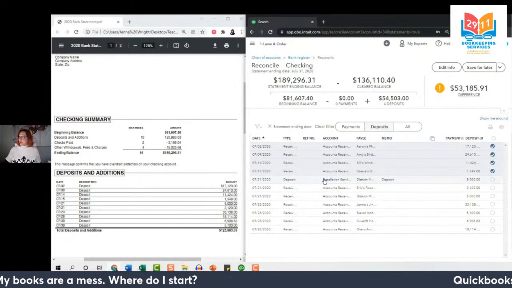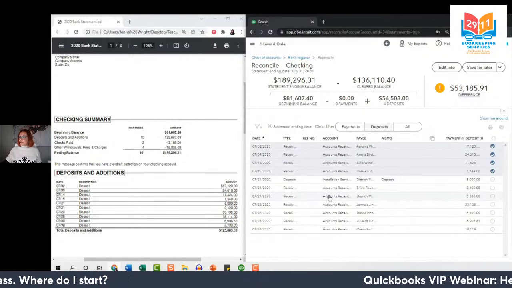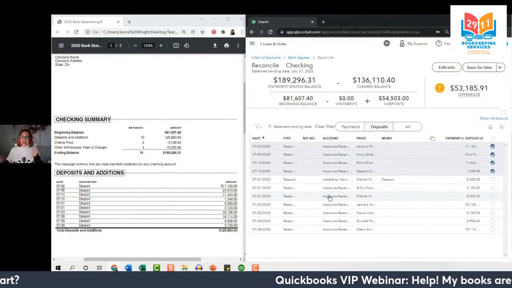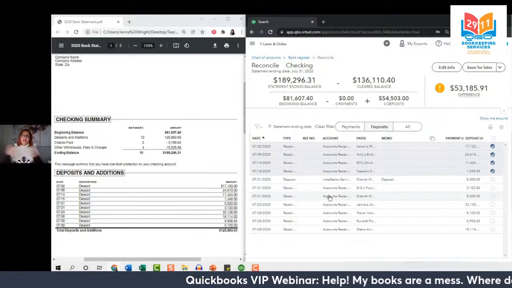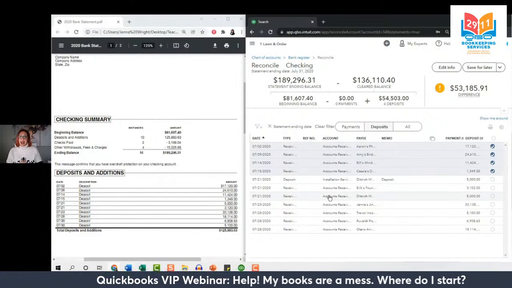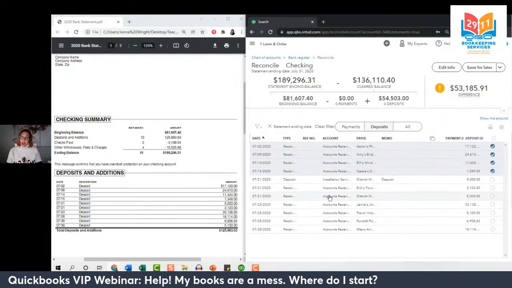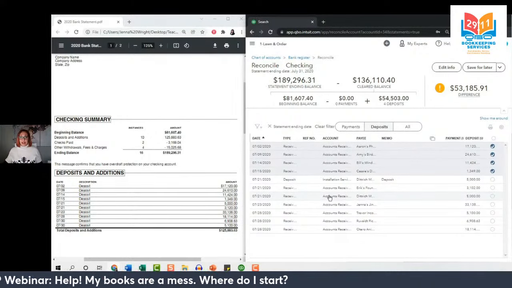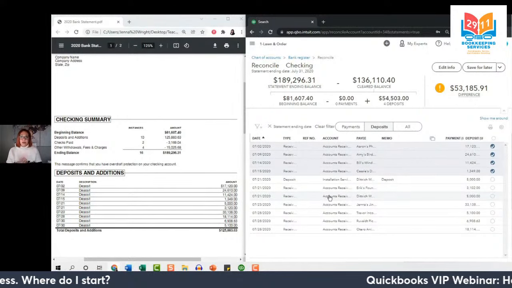Or maybe even somebody manually recorded a transaction and somebody else added it through online banking, and that adds a duplicate. I mean, these are just 3 examples of how duplicates can happen. It's so easy for it to happen. So I do recommend here, anytime you see one of these duplicate transactions, you investigate.